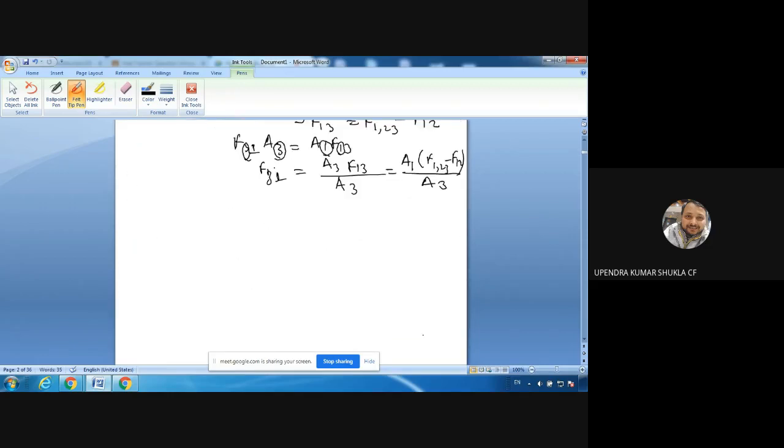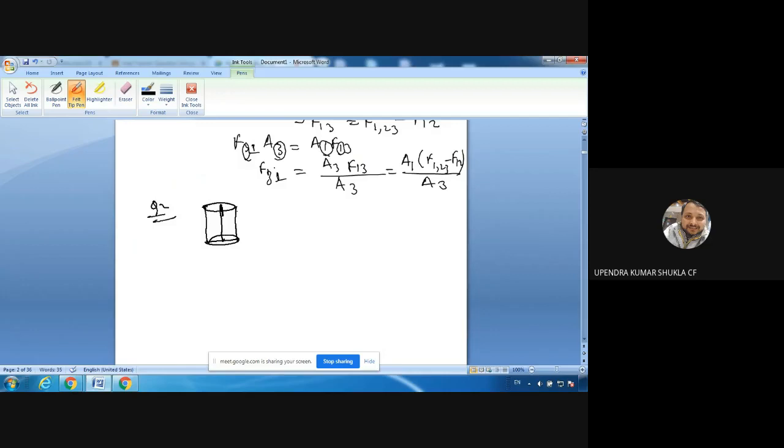Now I will take one more example to illustrate all those things. Now suppose we are taking an enclosure. Now question 2 I would like to solve. Suppose this is a cylinder, a right circular cylinder. Right circular cylinder means right angle, 90 degrees. If we draw a perpendicular to the base area, that becomes the axis of the cylinder. That's why this is called the right circular cylinder. So you find three surfaces: top surface, bottom surface, and circumferential surface.